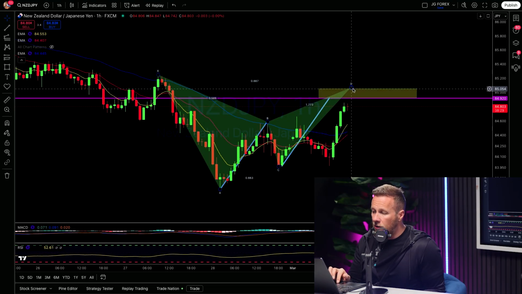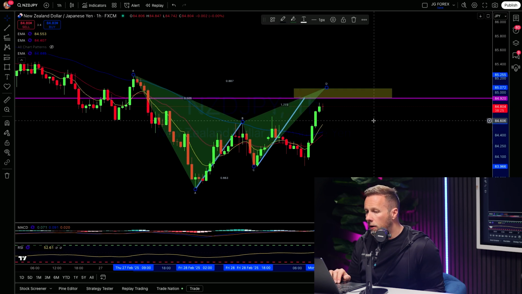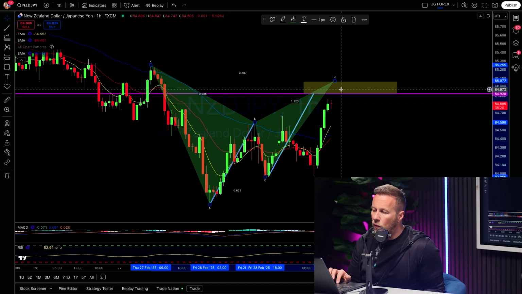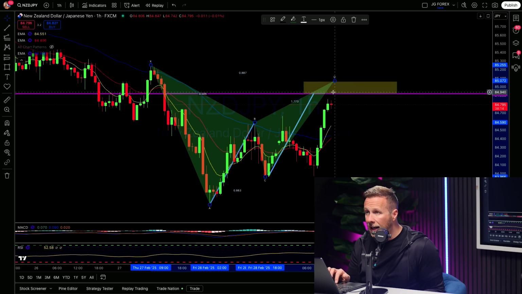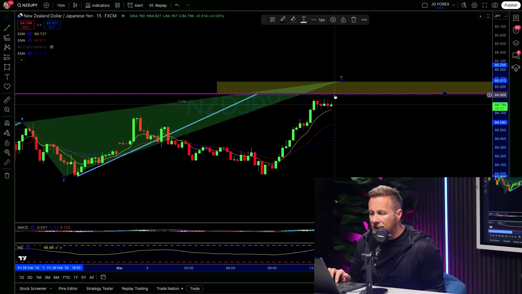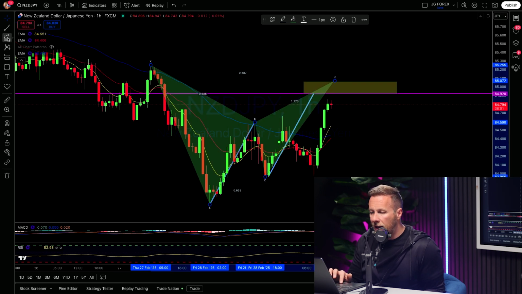I can either enter aggressively on this 886 completion, or if I'm a little bit more conservative, I can wait for a double top at the start of this. So if we don't push up to here and price starts to wear thin here, I can even drop down to the 15-minute time frame and I can start looking for a retest. As long as we test this initial level, I can start looking for a retest of that level,